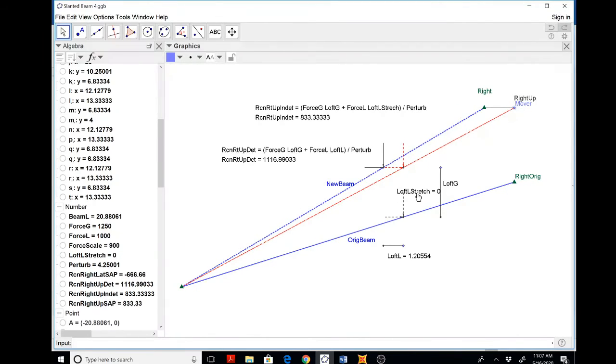So what happens is, as I move correcting that error and I go to this perturbed situation, notice my loft L, my lateral stretch, is 0. This is where the lateral load was, and this is where the lateral load is, and there's no loft. But the gravity load has that loft. And the answer, and this is kind of crazy too, right? The answer is